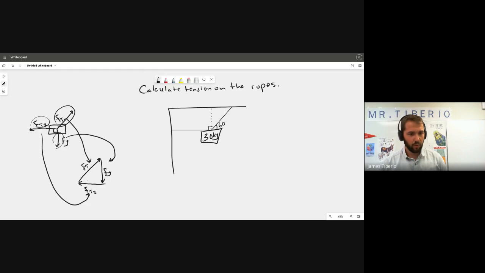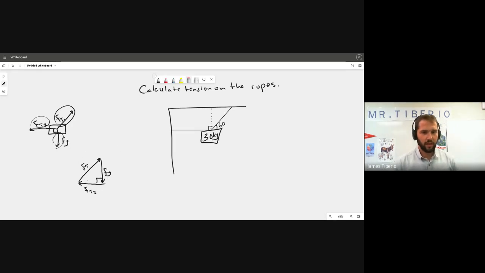this one, the force of tension 2, is to the left perfectly and force of gravity is down. So that is in fact a 90-degree angle. Sometimes it does not work out that way, so make sure to be careful when you're building your triangles. The question will have given you angles for some of the forces, and so that will help. But we have now drawn a diagram, a vector addition diagram to say all of the forces on this object